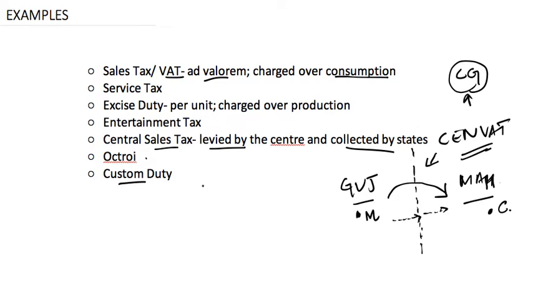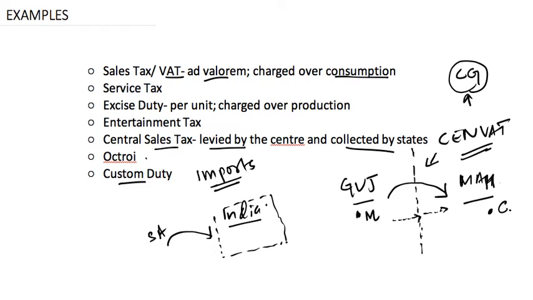Next comes custom duty. Custom duty is paid on import of certain goods or services. So, if India imports fuel from Saudi Arabia, then an import duty would be paid by Saudi Arabia as fuel enters Indian boundaries. These are Indian boundaries. As fuel enters Indian boundaries, a custom duty will have to be paid by the seller to the buying country. This is custom duty. These are some of the most important examples of taxes which will be subsumed under goods